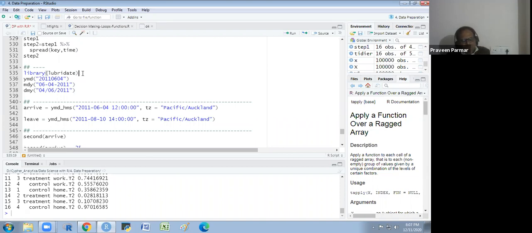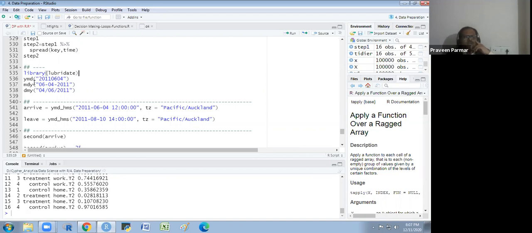The default format of date is first the year, then month, then day, then hour, minute, and second. The largest unit we write first, then smaller, then smaller, like that.